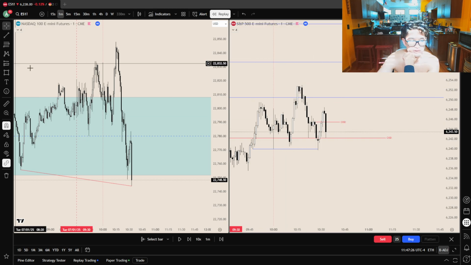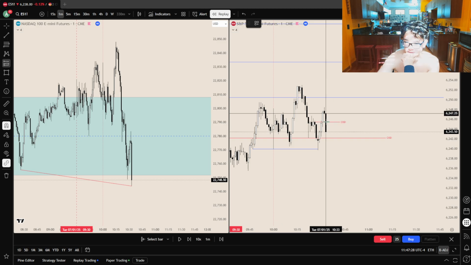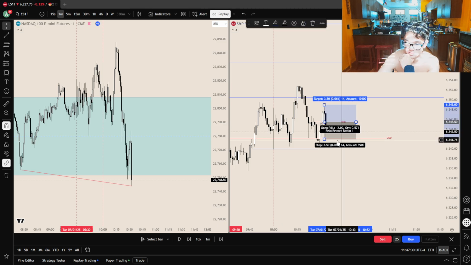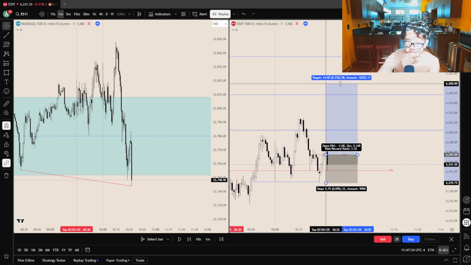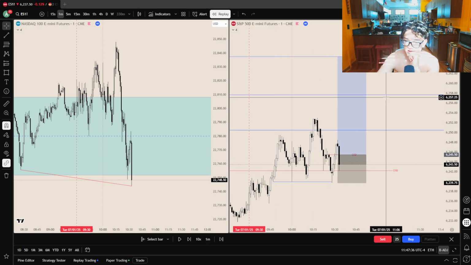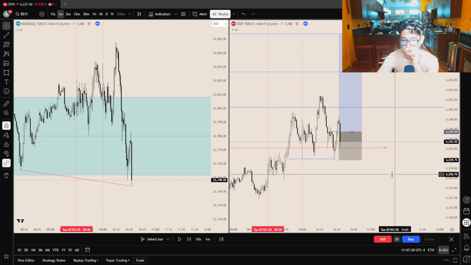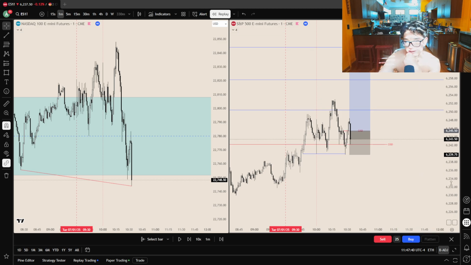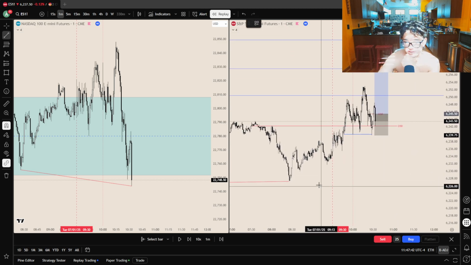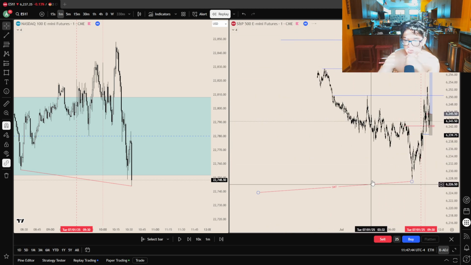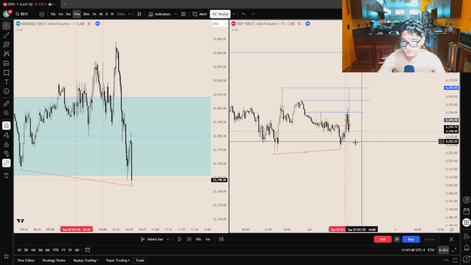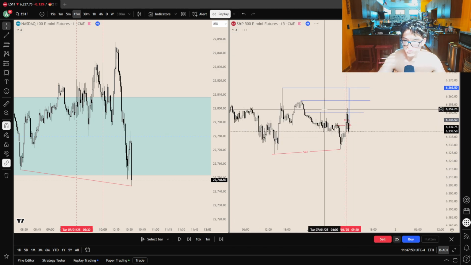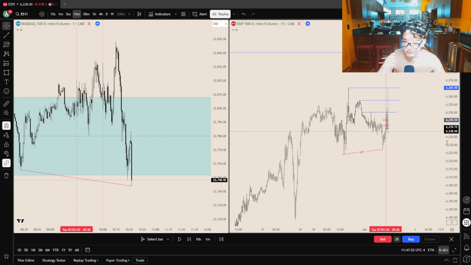So my entry was here. I entered on this candle. Stop loss was at the turtle soup low. I was looking to target previous day high and the Asia high. This still looks pretty good to me. I'm not going to lie, I'm 100% okay taking a trade. We had clear SMT, clear draws on liquidity. We had displacement. Yes, we had bearish SMT, but the model should still play out.